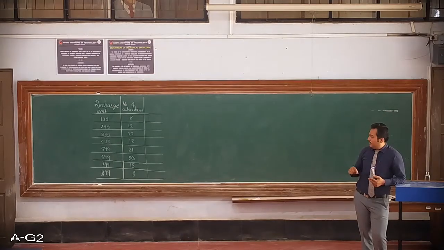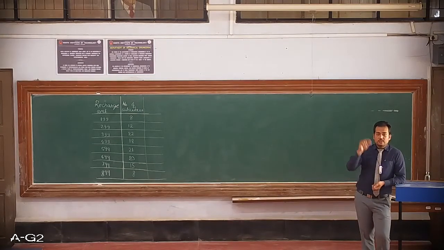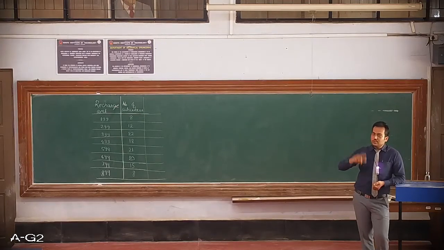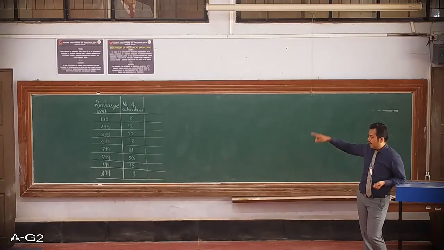So for example, I will have a column here where I group the two values, that is 199 and 299 together. Then 399 and 499 together, and then 599, 699, 799, 899. So these will be groups of 2, 2, and the summation of their frequencies would be written. Similarly, we have to go for 3, 3, and then 4, 4. So in this case, we have total 8.